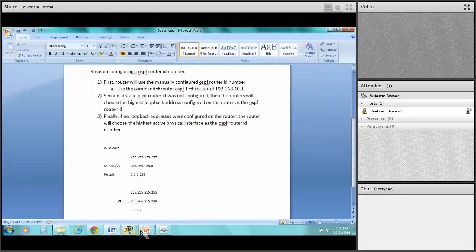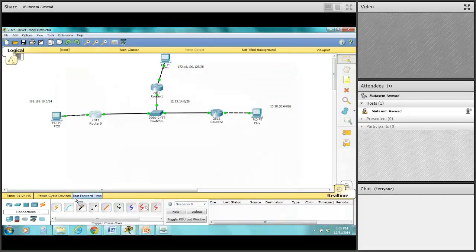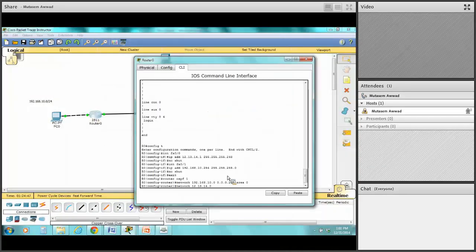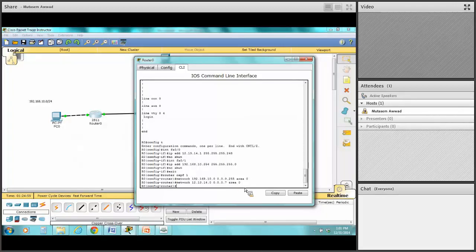So I go back, and that will be my wildcard space 0.0.0.7 area 0. That's it. And then make sure that the fast Ethernet 0/1 has a passive interface on it, so the updates don't go in. So type PAS, hit the tab key,